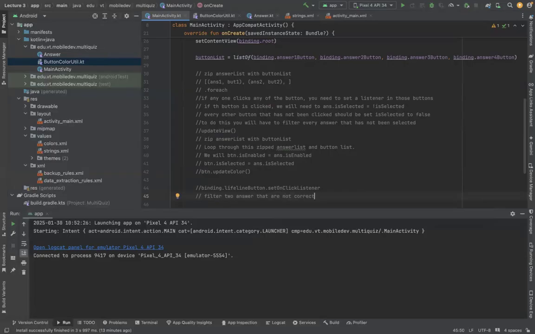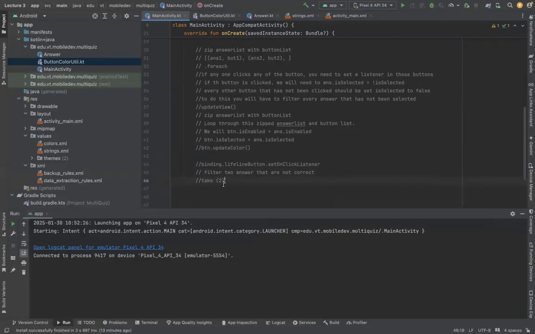And then, sorry, you need to take those two things that are incorrect, right? And then you can say take two of those, right? I showed you guys this function in class. You can take two of these incorrect answers, and then you can loop through it using for each, and then make the answer list, then make the answers that are incorrect